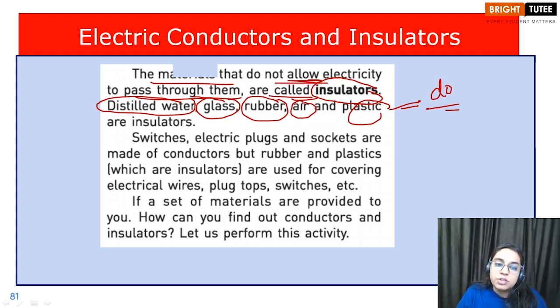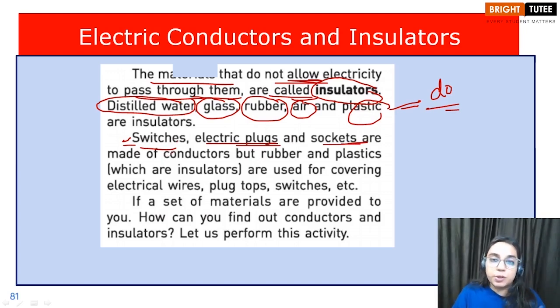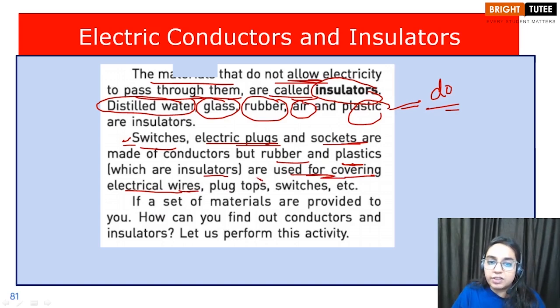Okay children, so that is why insulator materials are used to make switches, electric plugs and sockets. The insides of the switches are made of conductors, because obviously we would like to complete the circuit, but the outer covering of these is made of insulators, children. Electric wires: rubbers and plastics, which are insulators, are used to make the covering of the electric wires,